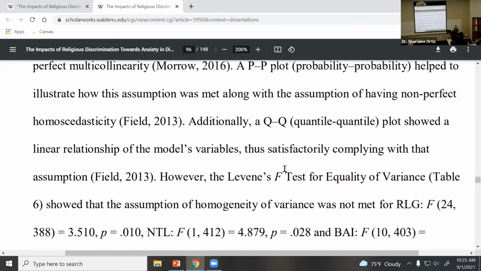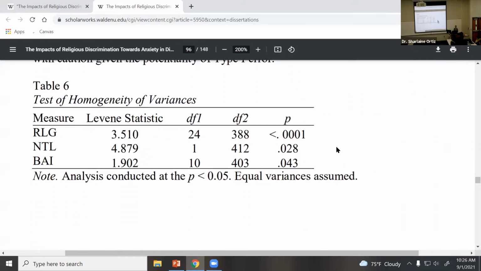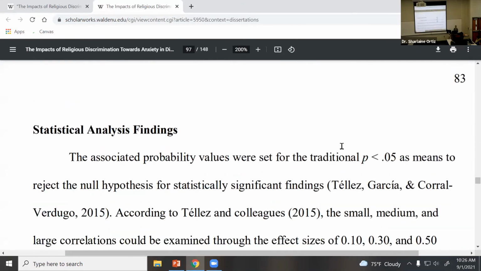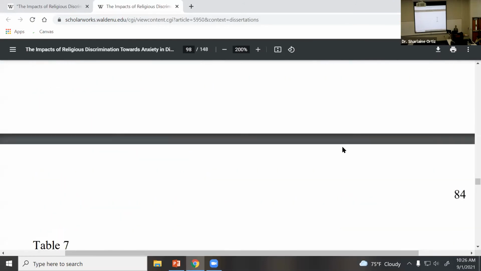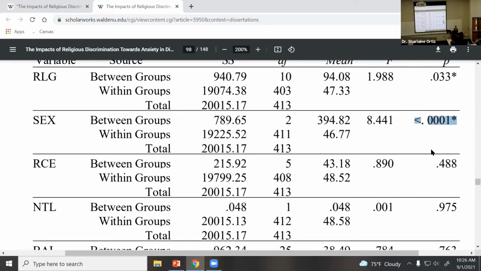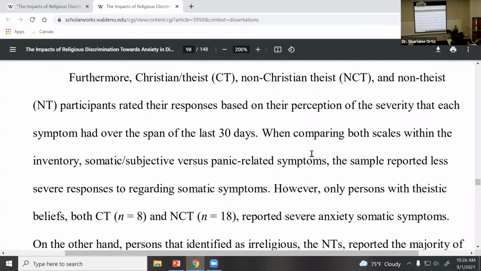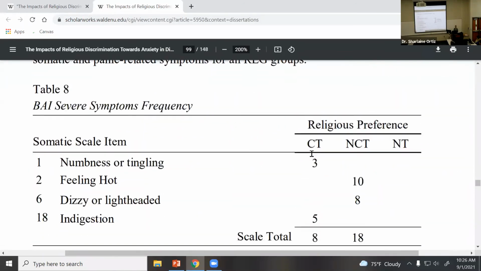Now, if we keep going, the results are not showing you anything specific about my interpretation. They're simply showing you the statistical procedures that I conducted. What did I find out? Now, these are simply the statistics, so we're going to move forward. Anything that has an asterisk, you'll see that there was a relationship, or that was statistically significant. And that's something you will cover in your experimental classes.